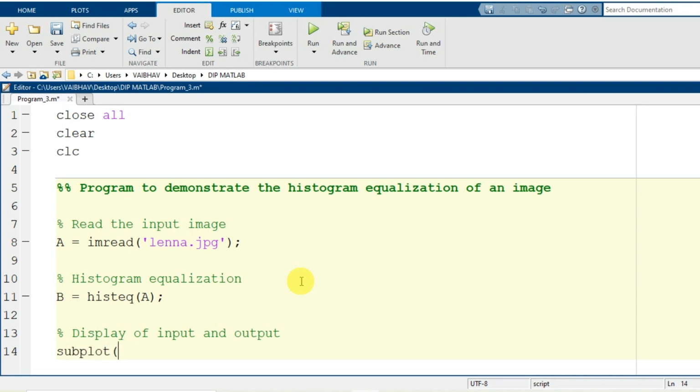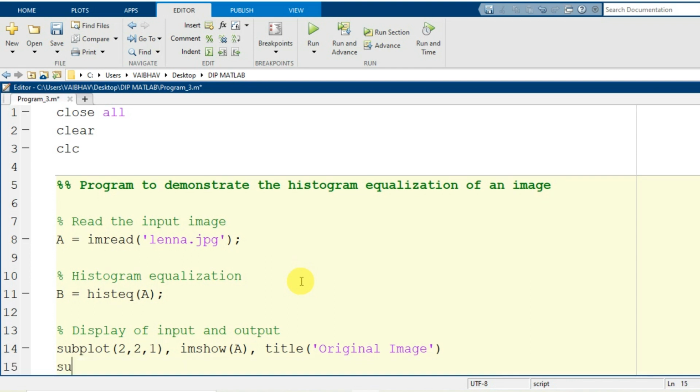I will make 2 rows, 2 columns, and the first cell will be accessed here. For display purposes, I will use the imshow command since it is an image. The original image is held by the variable capital A. Thereupon I provide a title, original image.